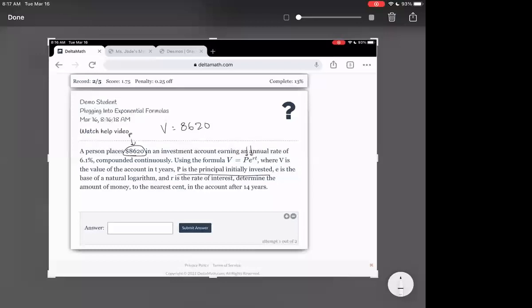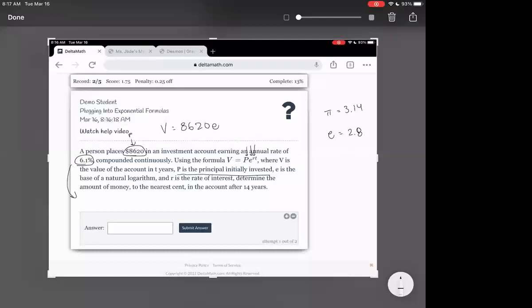And then we have the letter E. The letter E represents a special number in math, just like pi is a special number in math, which is like 3.14-ish. E is a special number in math that's like 2.8 something. So it's just another special number in math. We're going to be able to type E into the calculator, and the calculator will know what we mean. So 8,620 E, and then we have to the power of R being